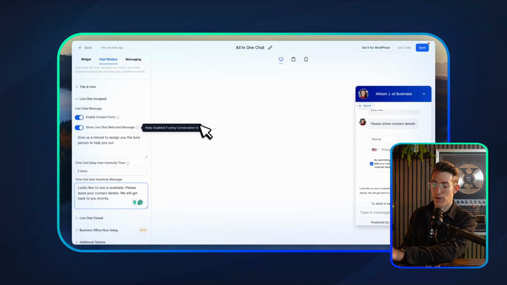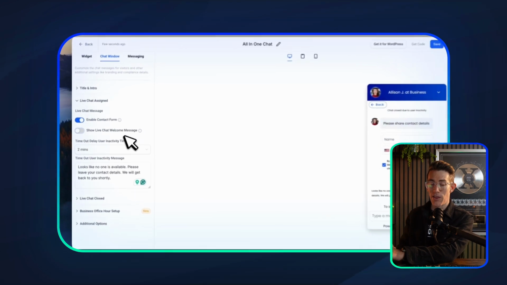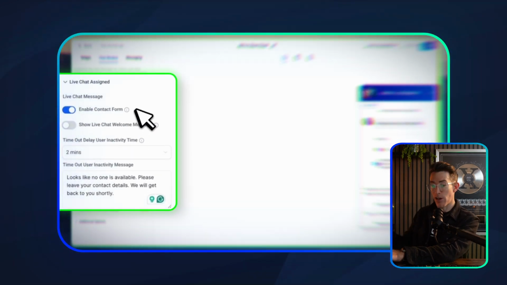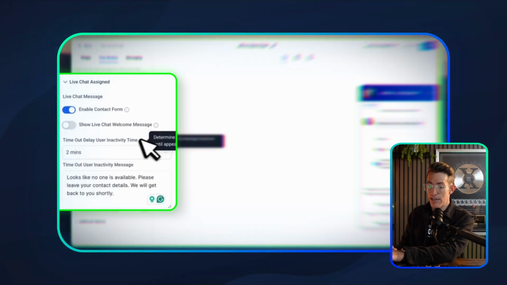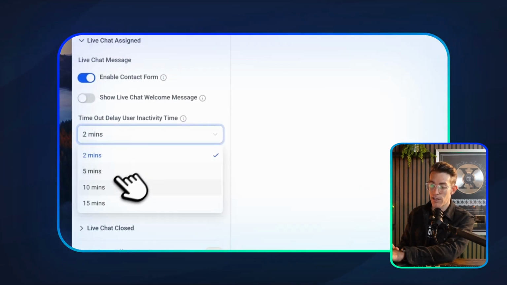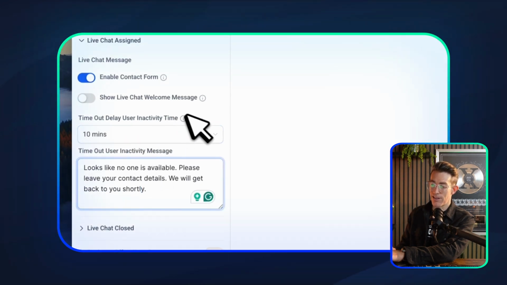If I'm running Conversation AI, you don't need to do the welcome message, right? It says keep it disabled if you're running Conversation AI, because AI is going to handle it. And so this is kind of the best of all worlds. You enable the contact form, you pair this with Conversation AI. You don't need, this is the user inactivity. Like if they don't respond, let's say for 10 minutes to the AI, actually, no,